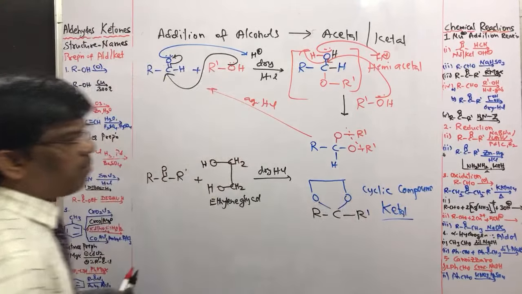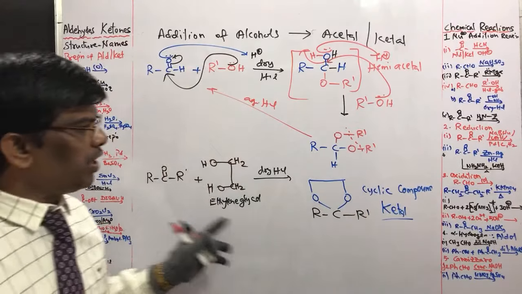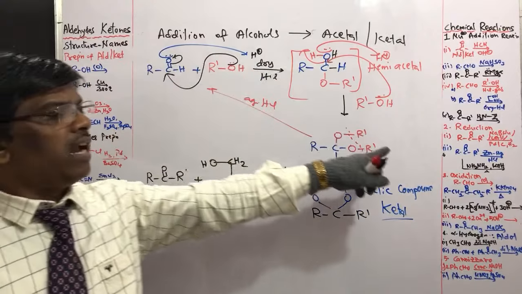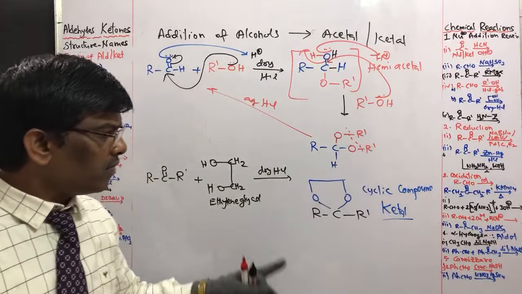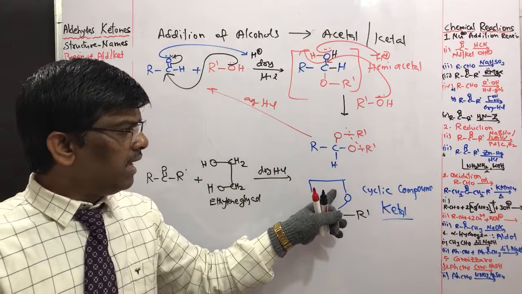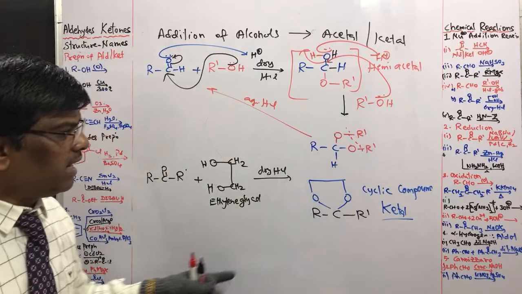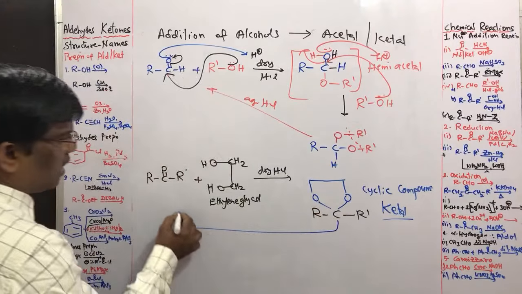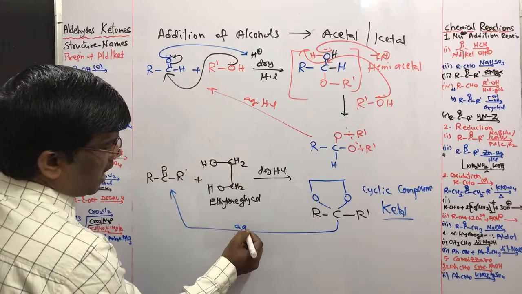The name is very important, students. Since we are getting it from ketone, it is ketol, right? If it is getting from aldehyde, we write it as acetol. So this is a cyclic ether, yes, and ketol is highly unstable, simply undergoing hydrolysis back to ketone in